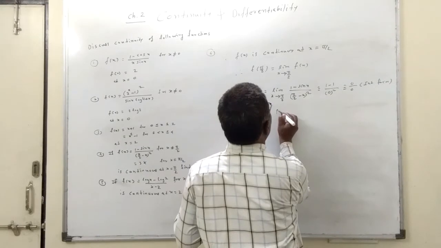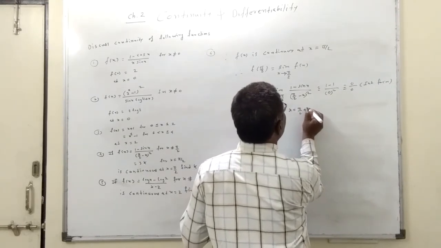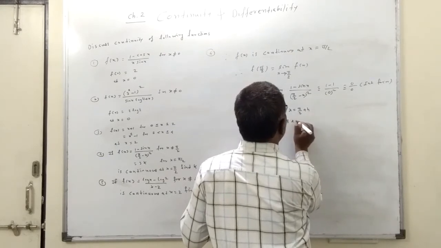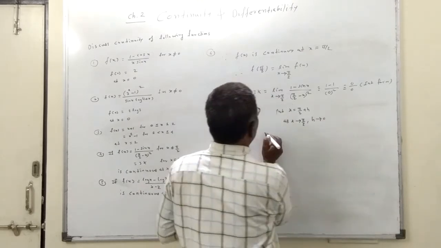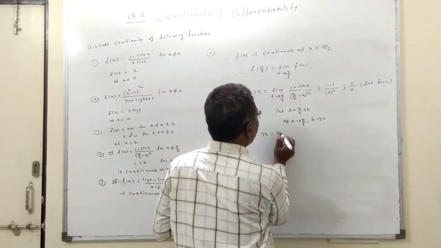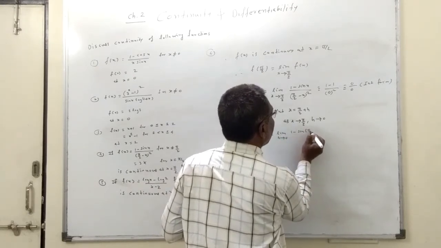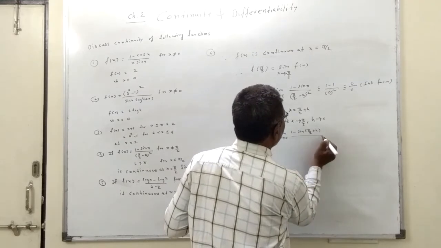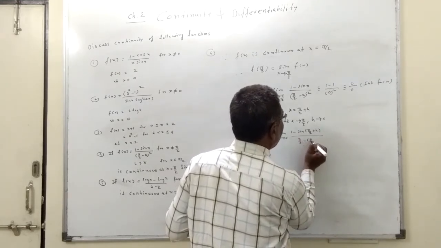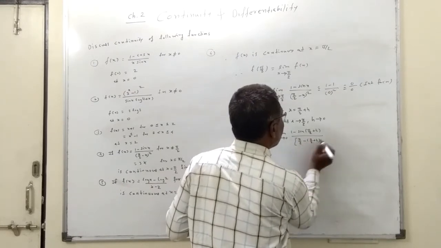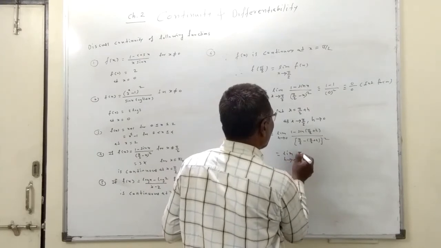So as x tends to pi by 2, we put x is equal to pi by 2 plus h. As x tends to pi by 2, h tends to 0. So 3k is equal to limit h tends to 0, 1 minus sin of pi by 2 plus h, divided by the square of pi by 2 minus pi by 2 plus h. So that is equal to limit h tends to 0, 1 minus